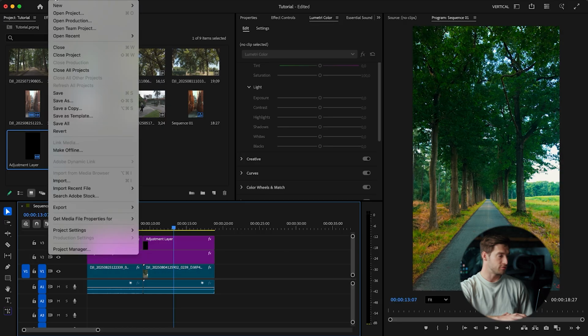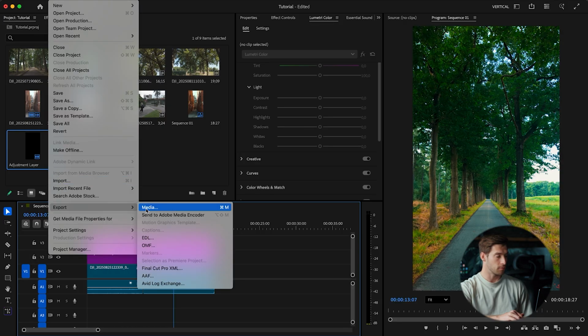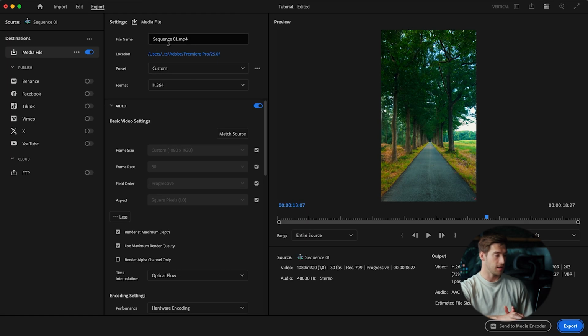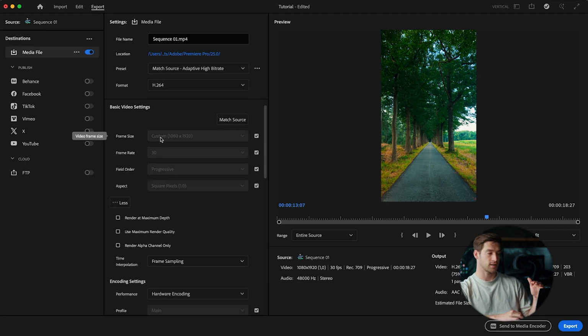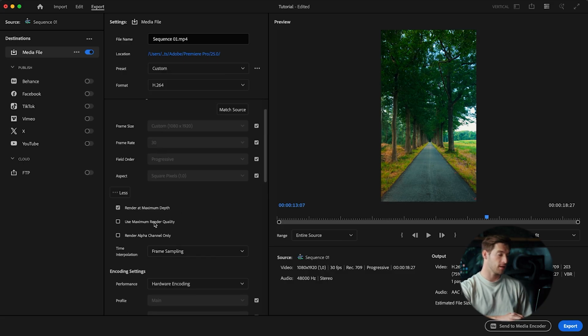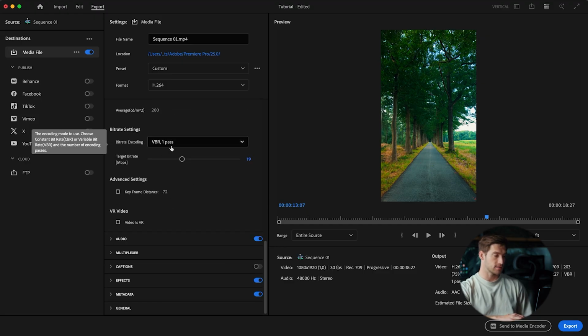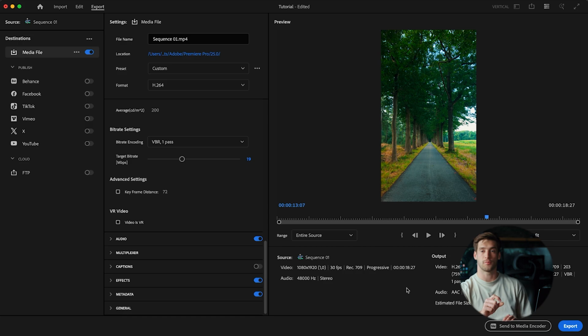And then we're going to head over to File, Export Media. You can give your export a name, of course, choose a location. And we can choose match source adaptive high bitrate. This will set the exact sequence settings, so 1080p, 30 FPS. You can select render at maximum depth and use maximum render quality. Time interpolation, I like to set to optical flow. And then you can check if this is set to VBR 1 pass, it should be, and target bitrate 19 is just fine. And then you can export, and this will give you high quality videos to upload to Instagram